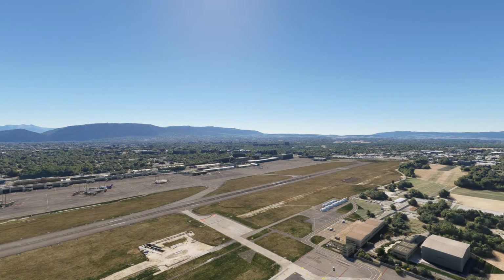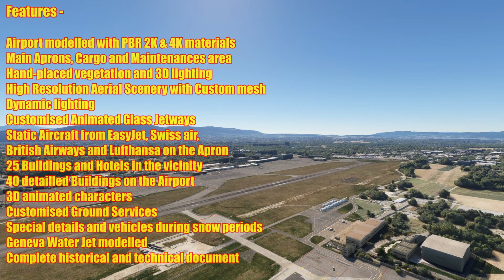So the features list. The airport is modelled with PBR textures, both 2K and 4K materials. The main aprons, cargo and maintenance area all done. Hand-placed vegetation and 3D lighting. High-resolution aerial scenery with custom mesh, dynamic lighting, customized animated glass jetways, static aircraft from EasyJet and Swissair, British Airways